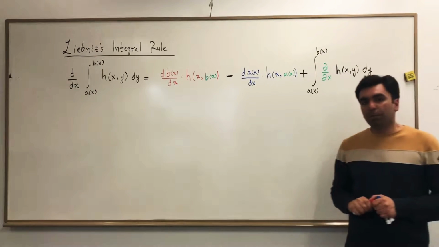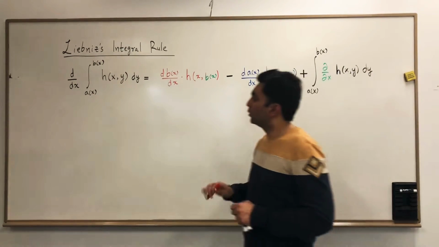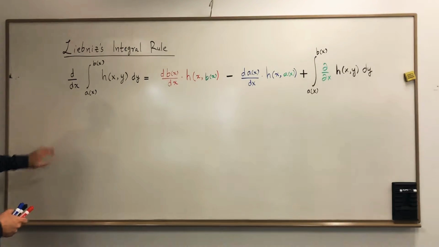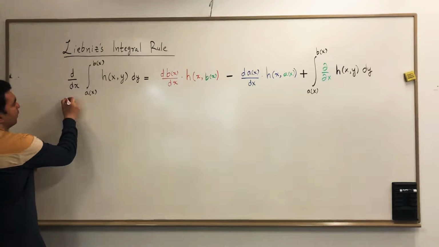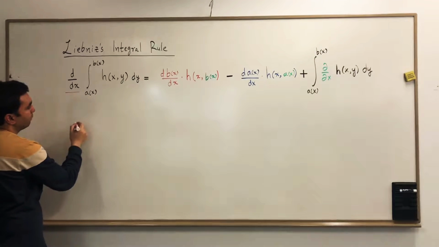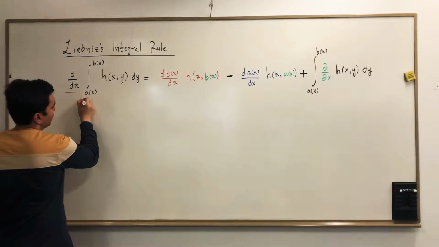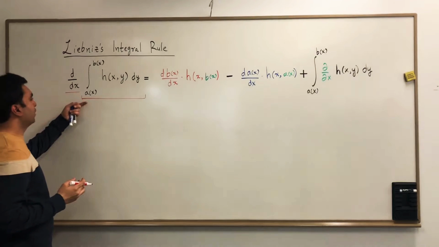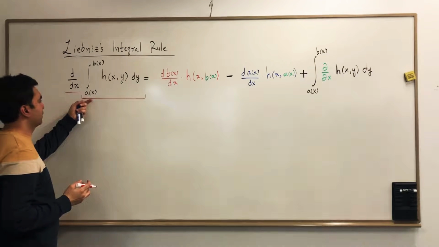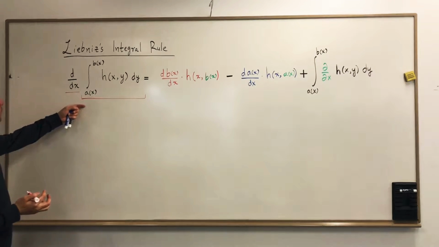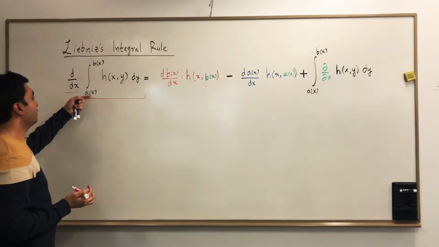In this video, I'll be talking about Leibniz's integral rule, and the purpose of this integral rule is when you want to take the derivative of an integral. So for example, you want to take the derivative with respect to x of some integral, and the limits are generally a function of x. They might be constants, but in general they might depend on x. So if you're integrating from a of x to b of x